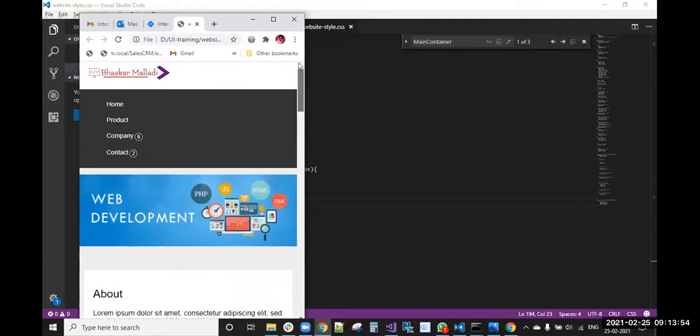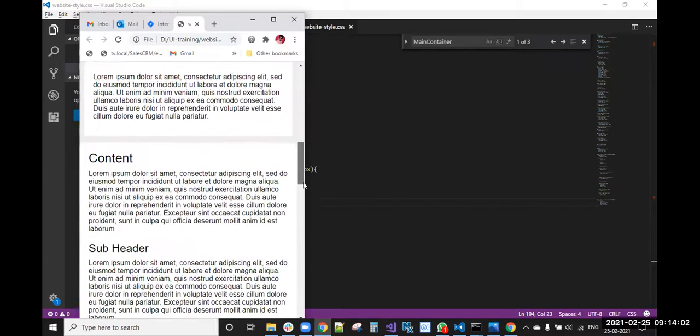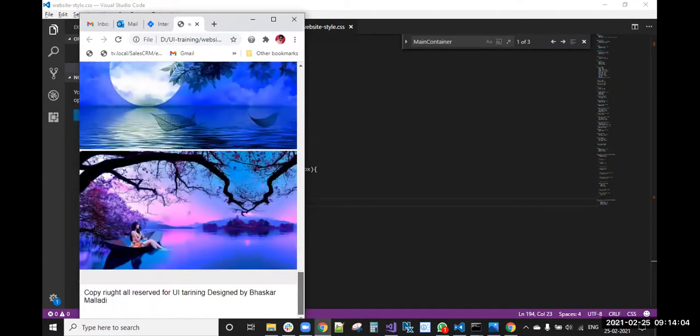Now you can see that on the top here. Okay, this will be okay on the top. And if you want anything else, you can do it here.